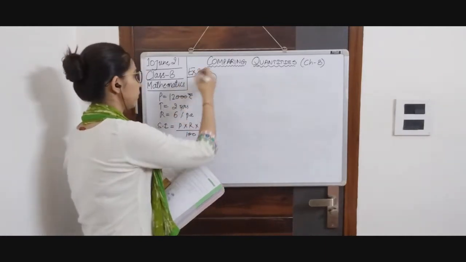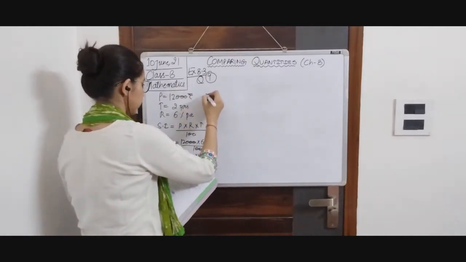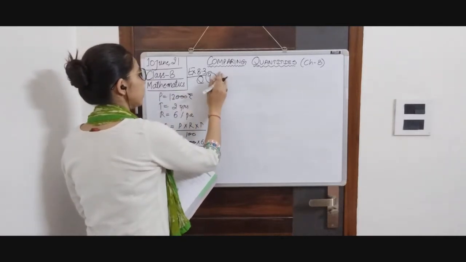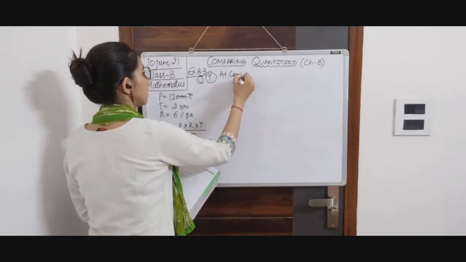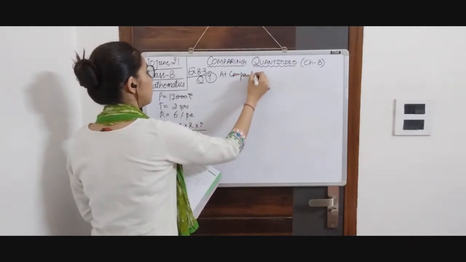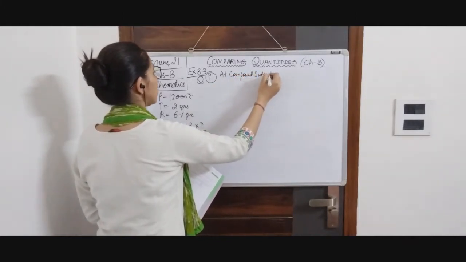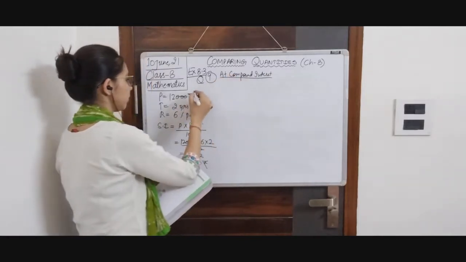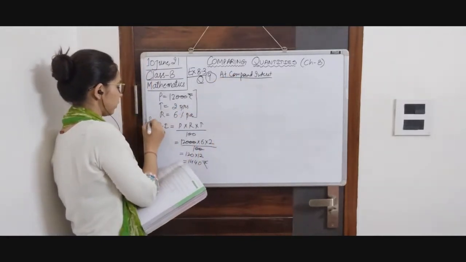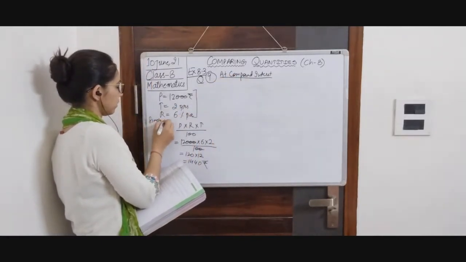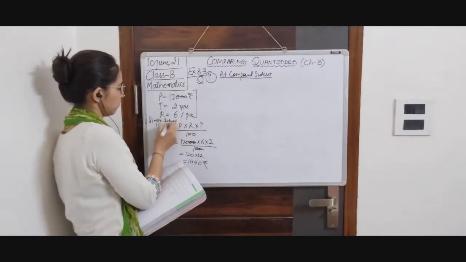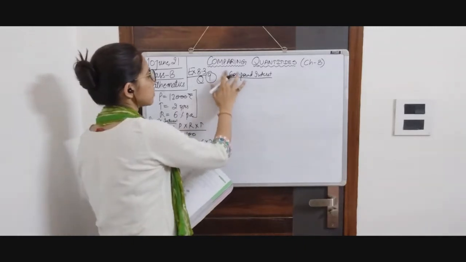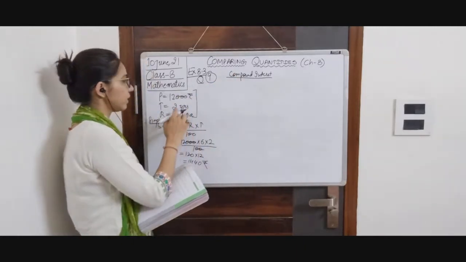Had I borrowed this sum at 6% per annum compound interest? If we had borrowed this amount at compound interest, first we calculated simple interest. Now compound interest, P, R and T are the same.